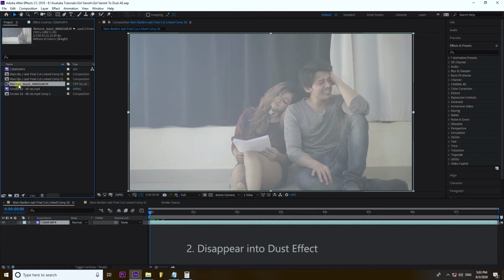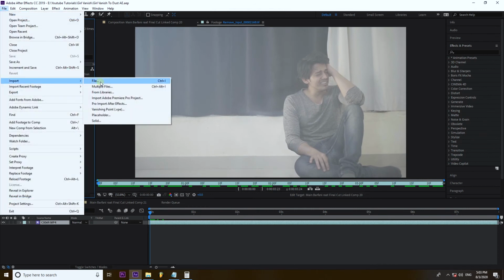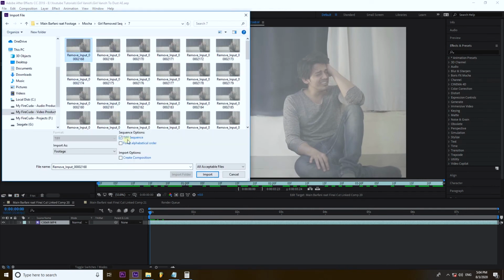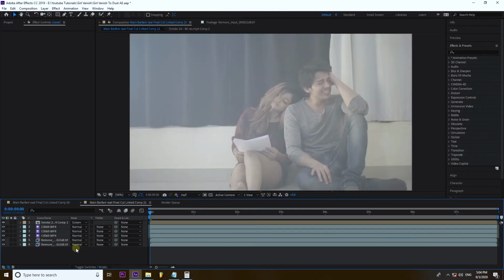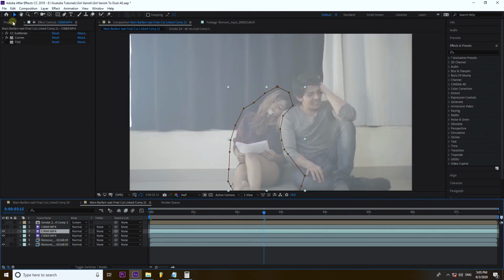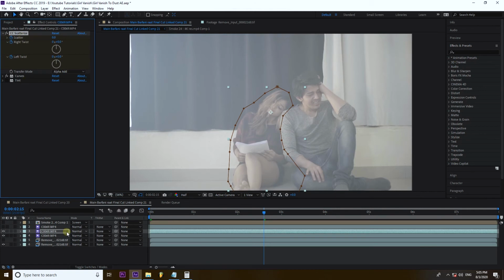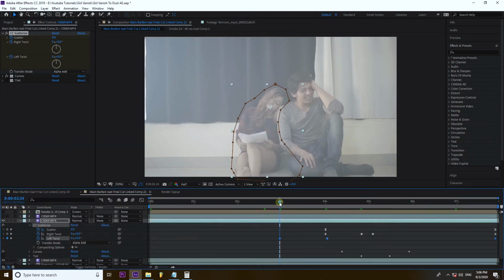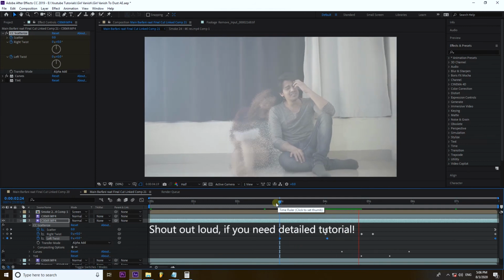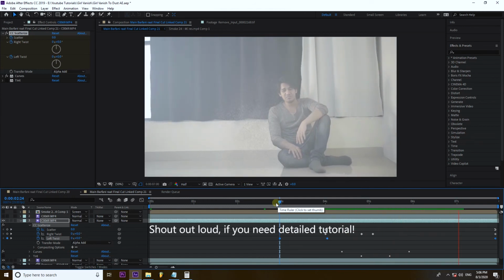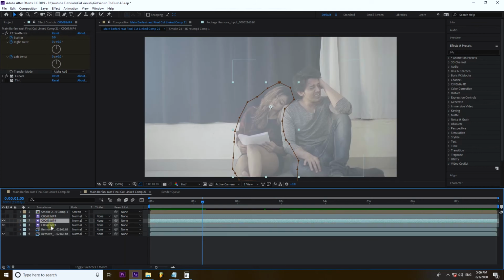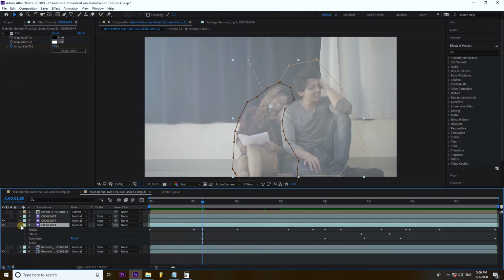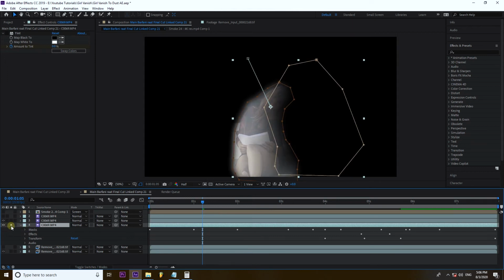You can import image sequences from File Import. Just make sure you select TIFF sequence option. Here is my composition with original source clip and remove sequence. I have added bunch of masks as you can see, and on the mask around the girl I have added an effect called scatter. With bunch of keyframes for scatter effect and opacity, I got the effect I wanted. These are some duplicate layers with different masks to fix some edge issues and to add some nice feather to blend the clips nicely.